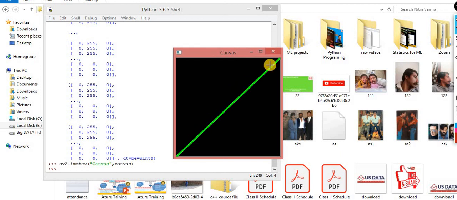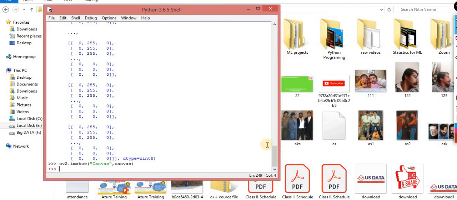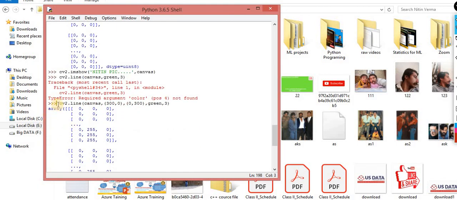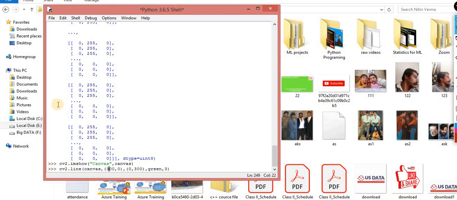Let me tell you what exactly we did. Here the line. I want to change this line from 0 to, diagonally, 303, and here 303.